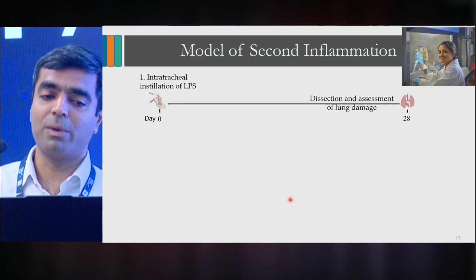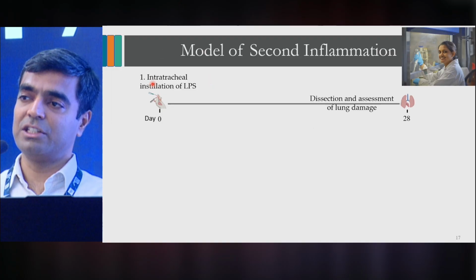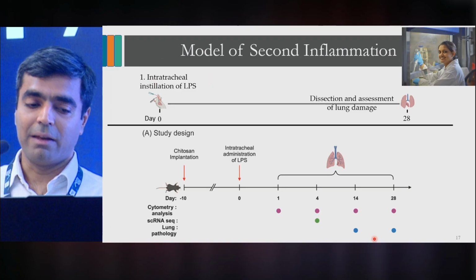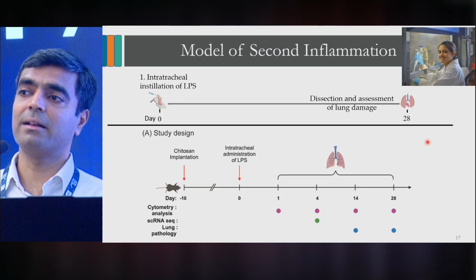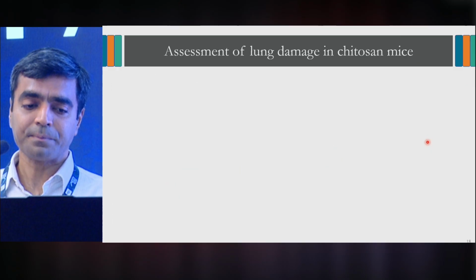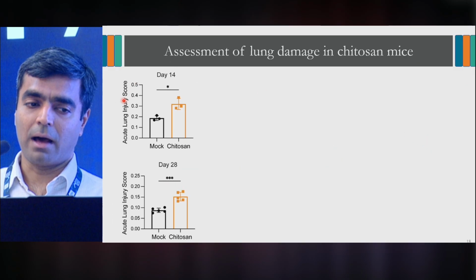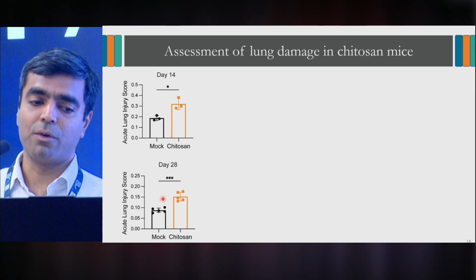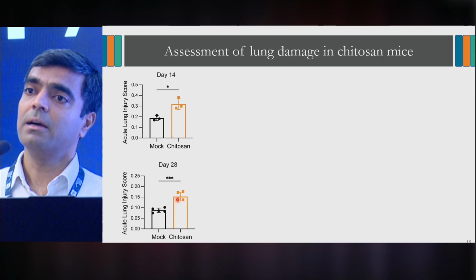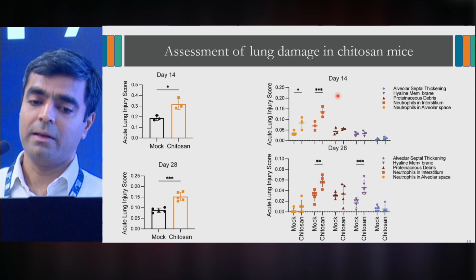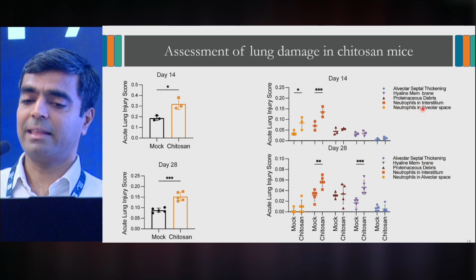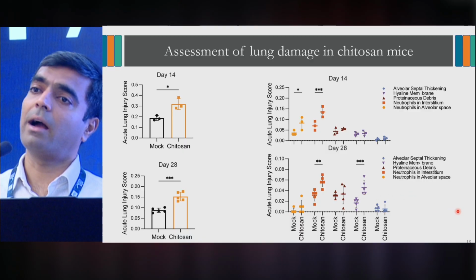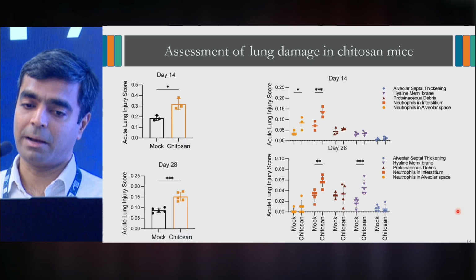On top of it, now we inject LPS intratracheally into the lung, and we do a bunch of different analyses. We're only going to talk about the lung damage as a final outcome or scoring. And you will see that our lung pathology scores at day 14 and day 28 are much higher. More neutrophils are infiltrated. This is neutrophils in interstitium, neutrophils in alveolar space, and the hyaline membrane that I talked about before is also increased at day 28, again replicating what happens in diabetic mice.